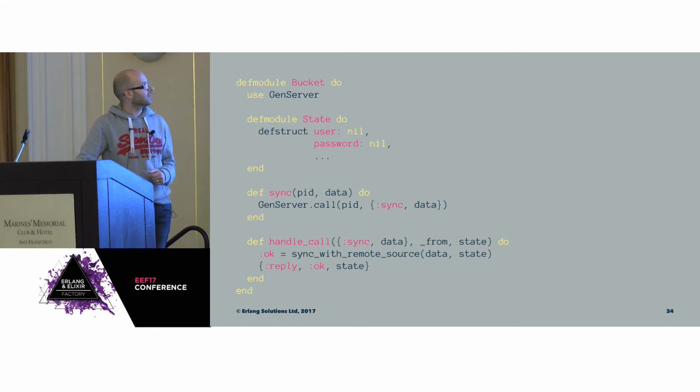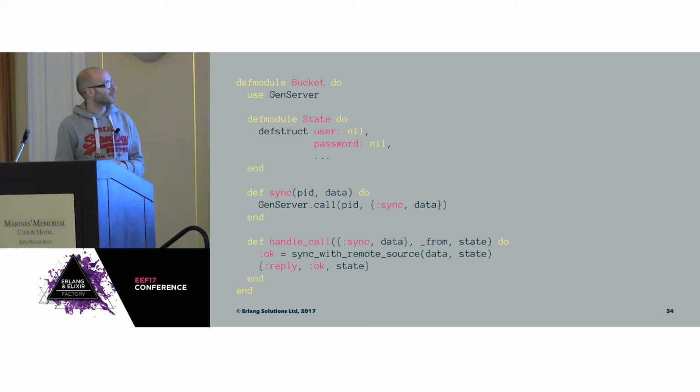So a GenServer implementation, and this is code that sometimes you definitely see, is we want to save the data remotely, but we also want to know that that operation has been done. But the code written like this has one specific problem, which is you are basically waiting for the operation to finish to return. Essentially the caller is blocked until this happens. But it's a bit of a red herring, because actually what you can see from the code is that you don't really care